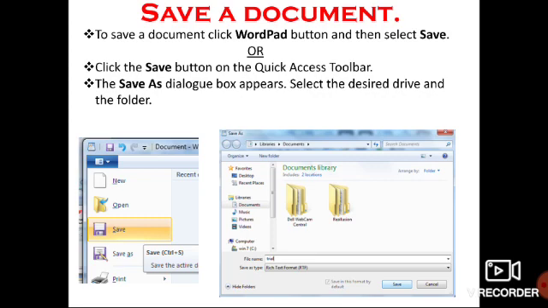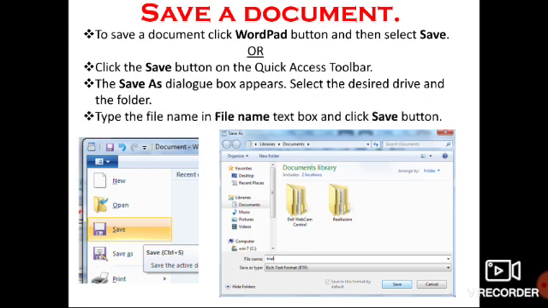You can select it and then click on save button, which is present at the bottom. When you click on save button, your document gets saved. Is it clear how to save a document?